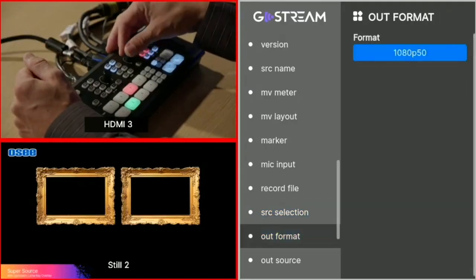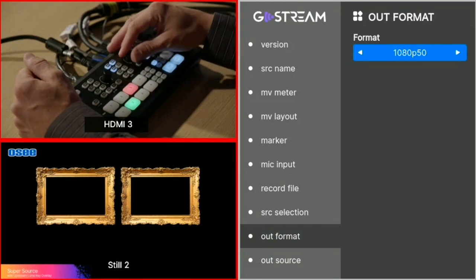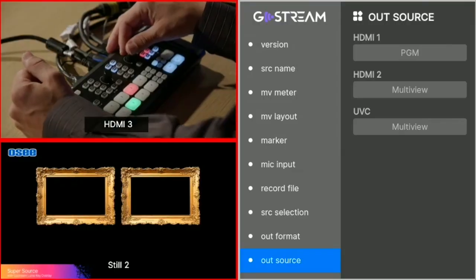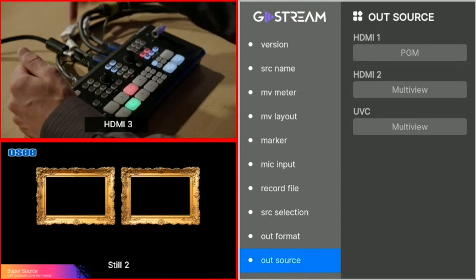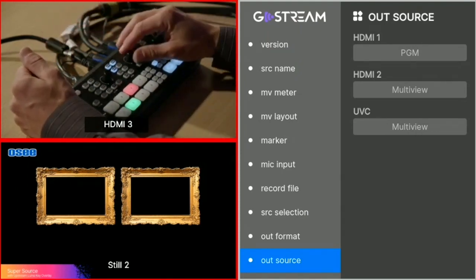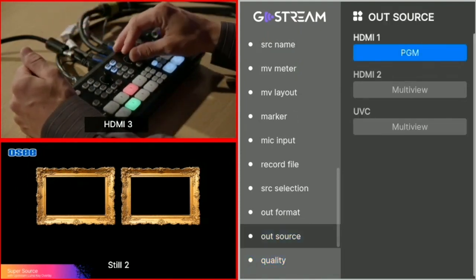There you go. Your ad format you can set to 1080 60p, and down to 1080p 24 frames. I will advise you though that some screens don't like it when you have the wrong frame rates, for example. And then you can set your outsources, so your program feed if you want that on your HDMI. You can have double multiviews if you want, and you have a UVC, which is the USB output. So I can put my